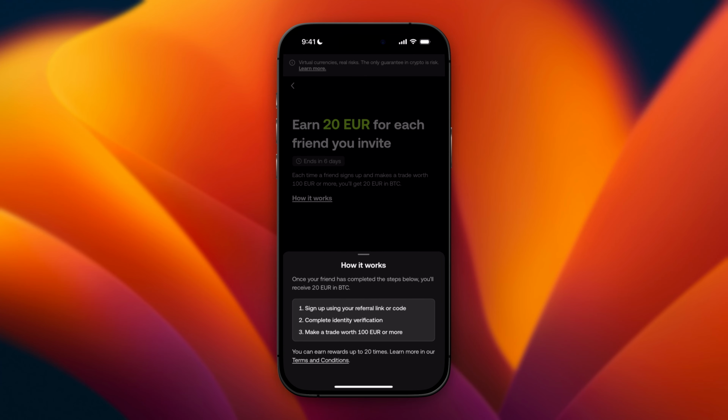And if you click on how it works, you will see that they need to sign up using your referral link or code, that they need to complete the identity verification, and they need to make a trade worth